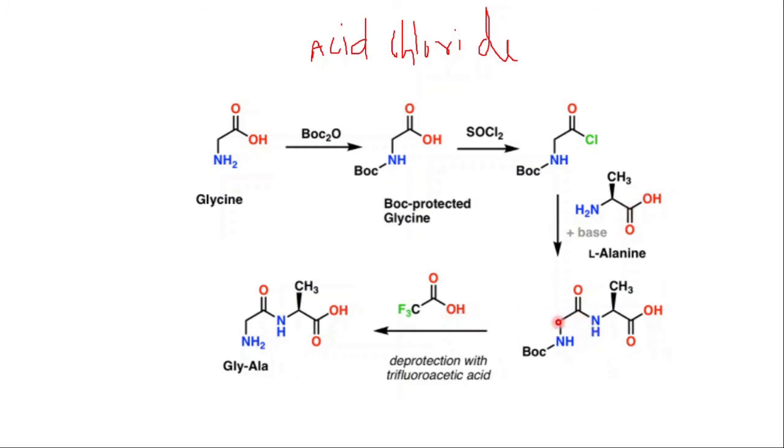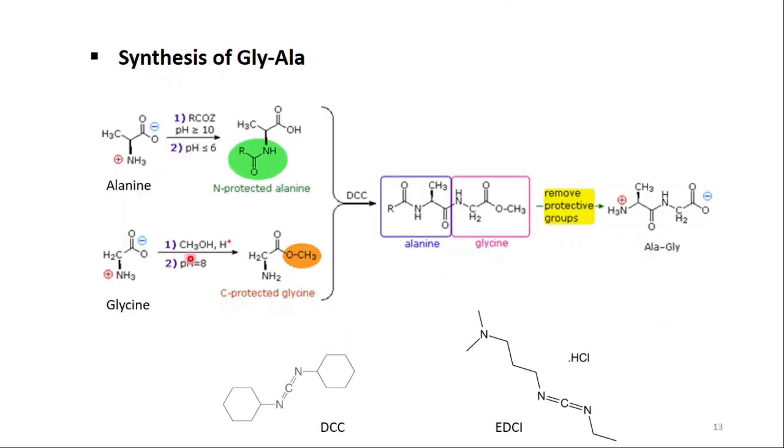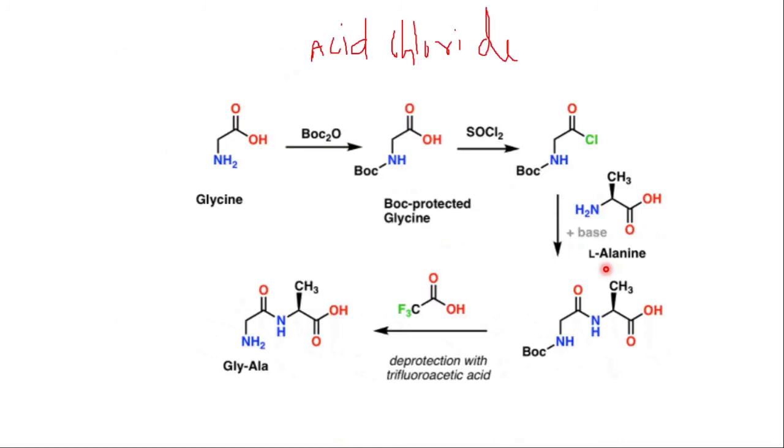Then what you do? Just hydrolyze this NH-BOC. Remove the BOC using trifluoroacetic acid. You will get glycine-alanine. So if you think in the examination this is a bit complicated, that is using DCC coupling and removing using some other groups. So you can remember this acid chloride method, which is very facile and a bit